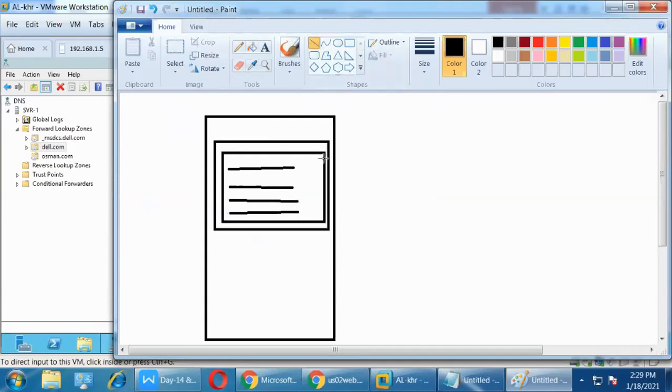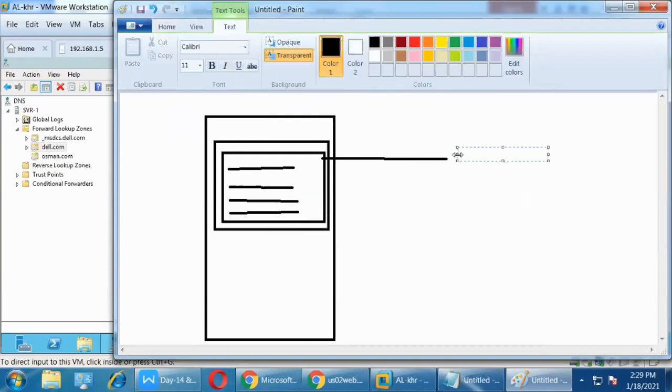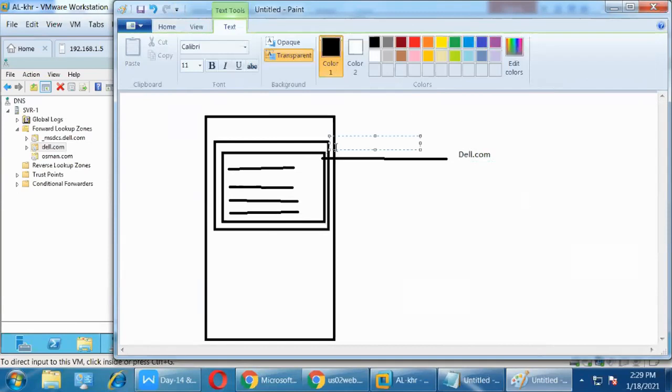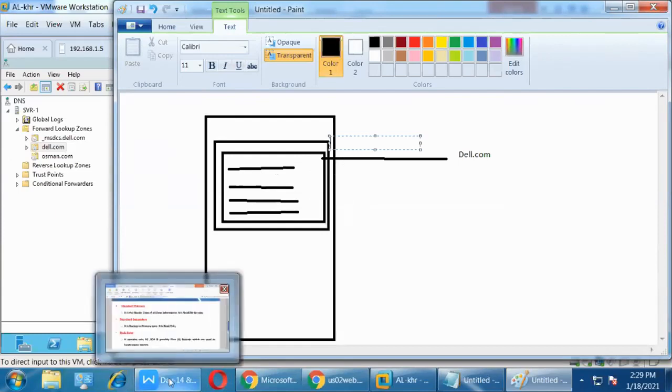And here, this is our server name. This record, primary record. So what is here? We mentioned del.com, right? This one, and this is the primary zone. This is the primary zone we created, right? This one, forward lookup zone primary. In that, four records we created. See here, so what are these four records? Already I told you: NS record, host record, SOA record, alias record. So what is the function of these four records?